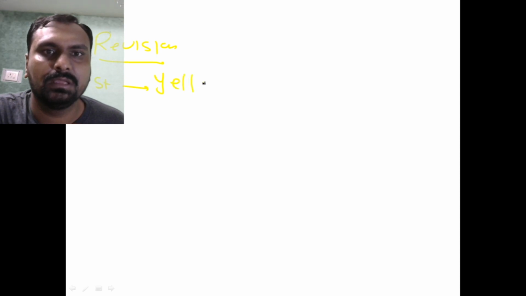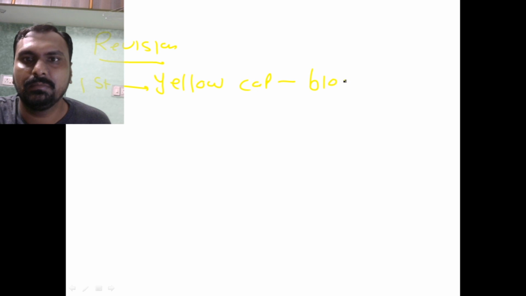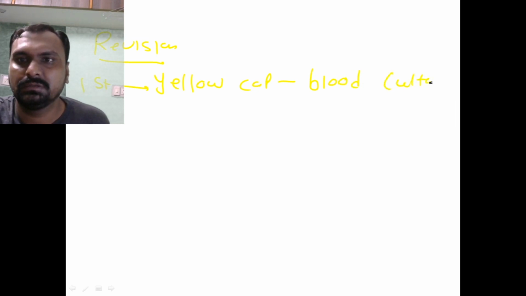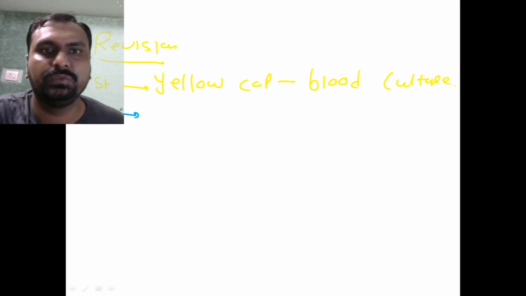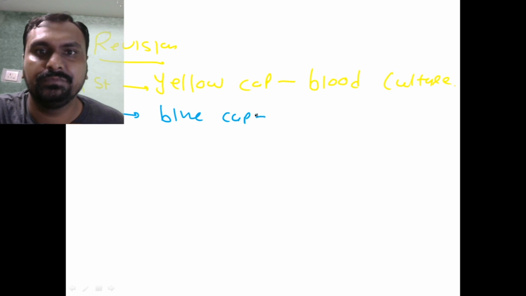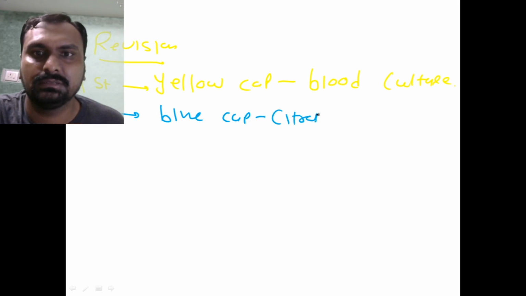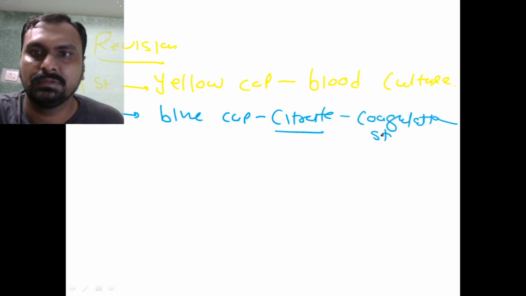So we revise again. So first we have to take the blood in the yellow cap. It is used for the blood culture, okay, in microbiology. Second, we take the blood in the blue color cap, which is called citrate, okay, and it is used for the coagulation study. Third,